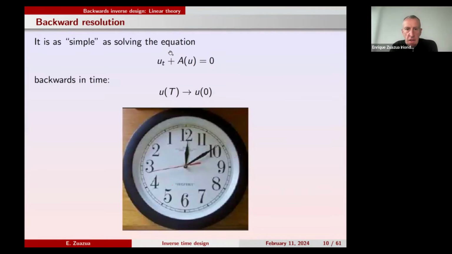So you can think here of the Lorentz system in meteorology, or the Navier-Stokes equations if you like, or nonlinear Schrodinger or wave equations, the model you have in mind, okay? And then time inversion, which, as I said, is the simplest inverse problem, because we are simply trying to reverse the sense of time. This time inversion problem can be formulated,